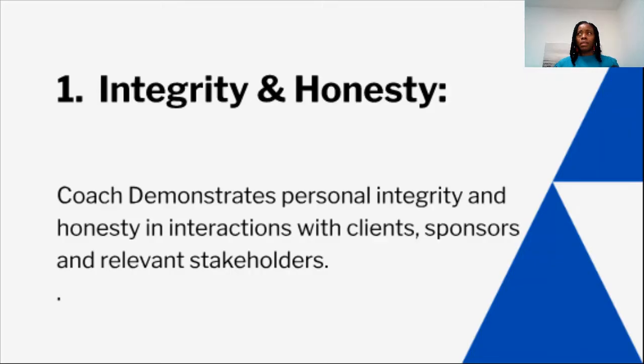So being someone who walks the talk matters, because when the member doubts, when you do something or show up in a way that creates doubt, in a way or another, you will notice in the next conversation that something has changed. And it is to avoid that, as a coach, you see, number one is integrity and honesty. Integrity and honesty with everyone, not just a member, not just in the conversation, but anyone involved, like the HR people you negotiate the deals with.